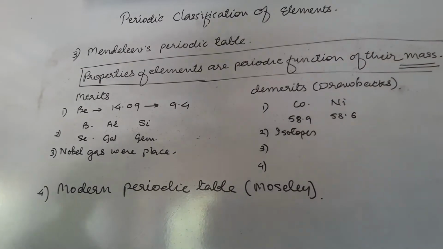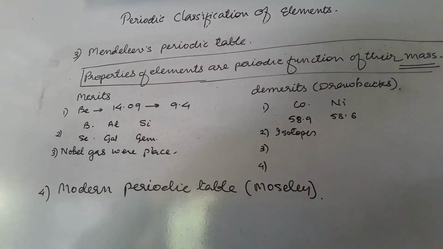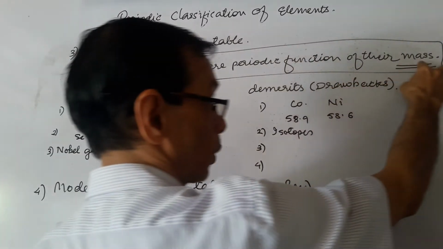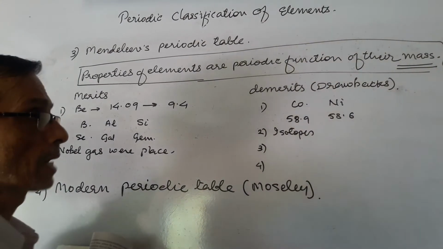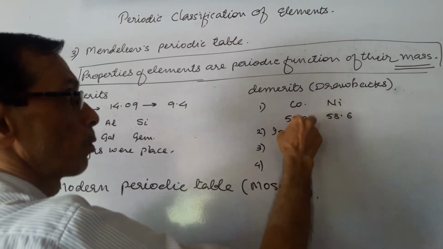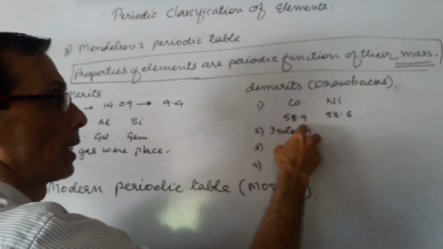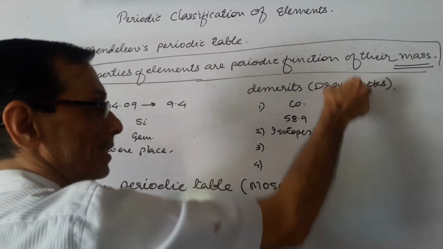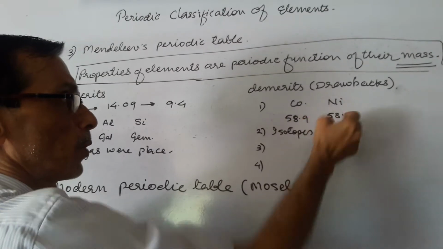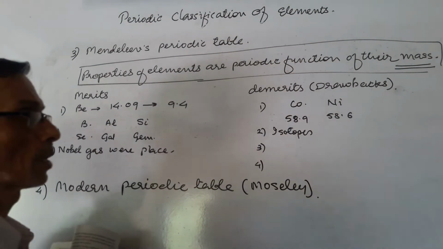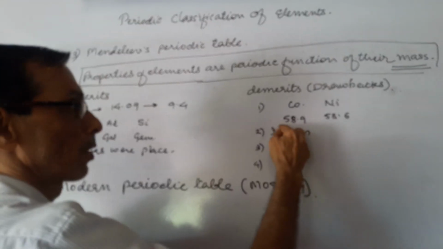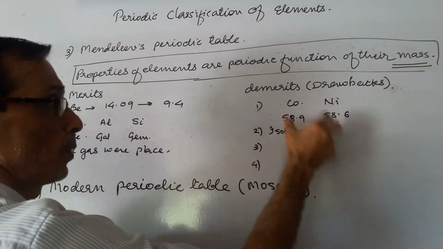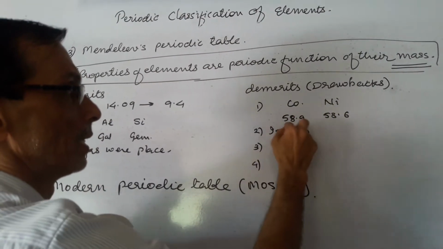However, there are some demerits of his periodic table. What are the demerits? Because Mendeleev had arranged the elements according to atomic mass, you find that the atomic mass of nickel is less than that of cobalt. Cobalt has atomic mass 58.9 and nickel 58.6. Even then, according to property, when they were placed, cobalt was placed first before nickel. Actually it was wrong according to atomic mass. According to atomic mass, nickel should come first and cobalt should go back, to second place. But according to property he had kept it this way, and that's why you find one anomaly.